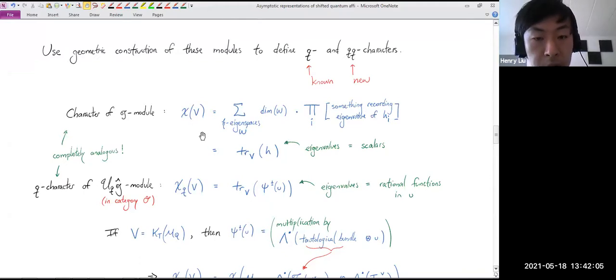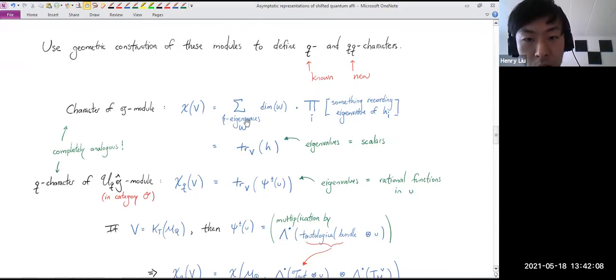But for me, I'll just abbreviate this whole expression as the trace over your module of H. H here is supposed to represent the entire Cartan. So that's my abbreviation for this whole expression. And in the classical case, each eigenvalue of an element in the Cartan, these eigenvalues are all scalars,